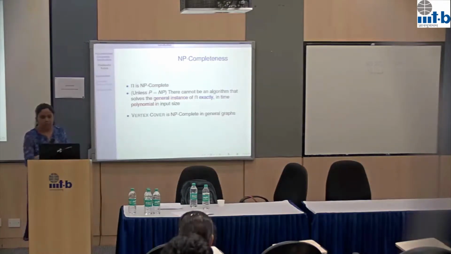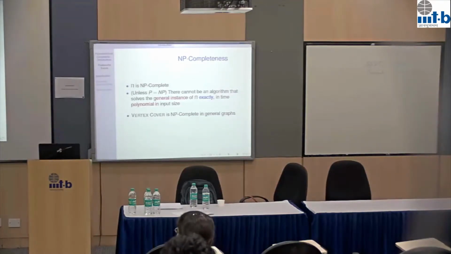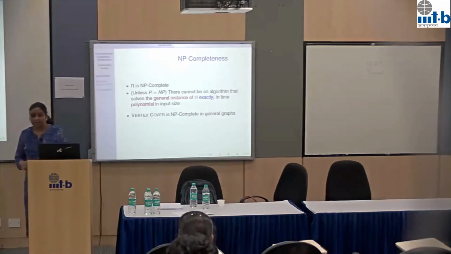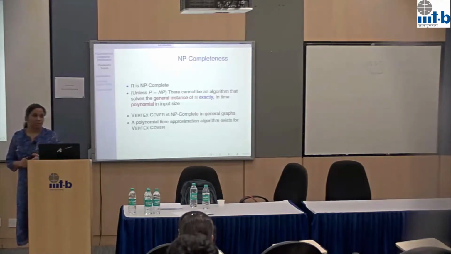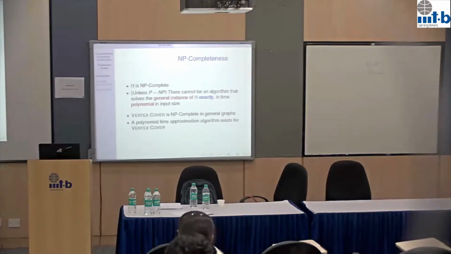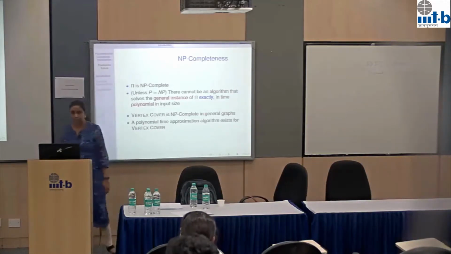Similarly, if you ignore the exactly part, in some cases you are not looking for an exact solution, you are looking for a solution which is not very far from the exact solution. I'm sure you have seen this today in the first session. Vertex cover again is NP complete, but you can get a 2-approximation in polynomial time very easily. I'm sure Professor Murli has already discussed it. So if you ignore the exactly part also, at least for some problems you can get efficient algorithms.